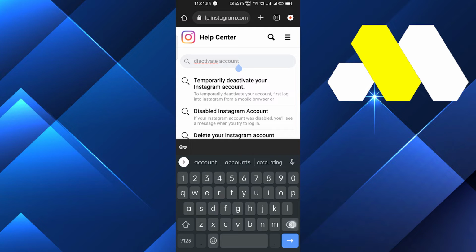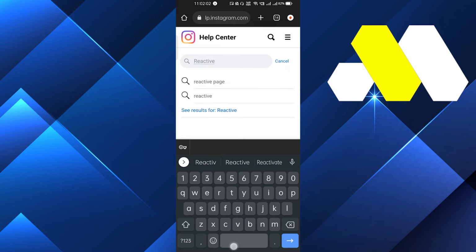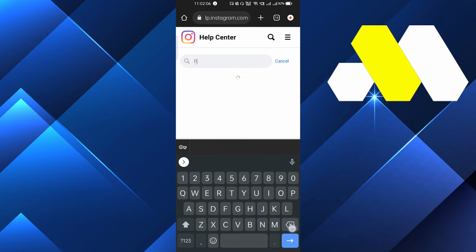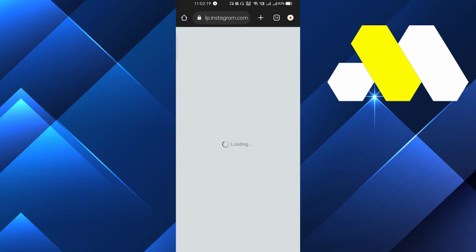the search icon, and here you have to write reactivate your Insta account, right? Or if it doesn't give an option, then you can also type recovery, okay? And you have to search for it, right? And here you can see there's a lot of options. So let's say click on the recovery account here, and you have to wait for a second, and here you